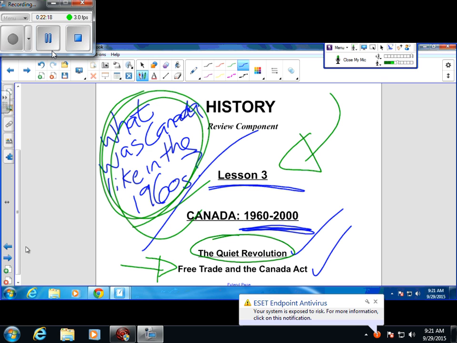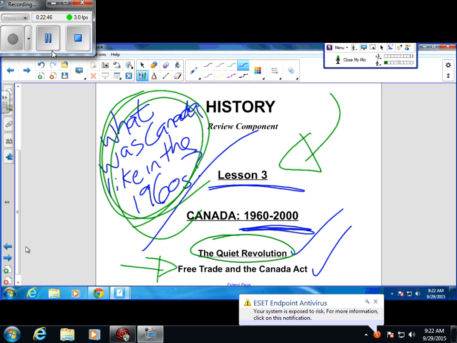Basically, for Canadians in the 60s, they challenged the status quo. They wanted to find their own voice so that they could begin to create their own Canada, in a sense. A lot of changes were starting to happen in the 60s, a lot of rejection, a lot of standing up for their own rights and for what they believe in, for their own voice. That was what the 60s were all about.